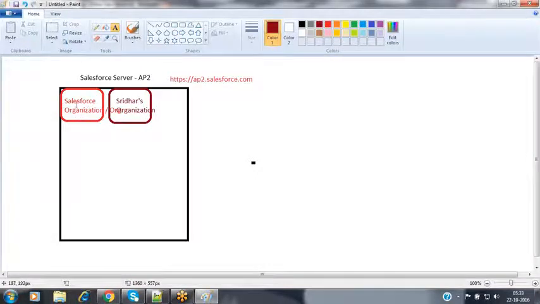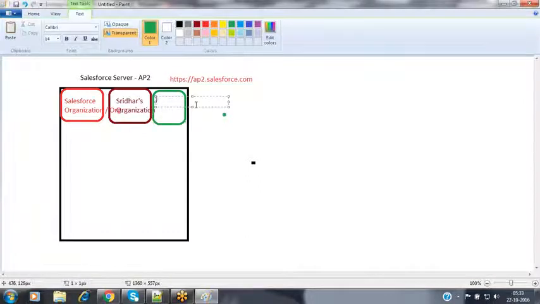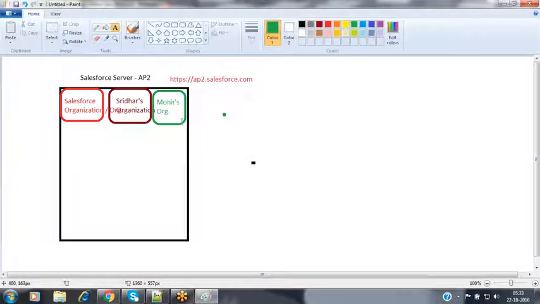So myself is one account, one customer, and Sridhar is another customer. Now Mohit has also created one more account. He has also selected the country as India. So for Mohit also it will allocate memory in the same associated region server, giving a separate amount of memory inside the same server. This is Mohit's organization. Whatever applications and records Mohit has created, everything will be stored inside this one. Nothing but inside a single server, we have multiple customers, where customers means Salesforce organizations.